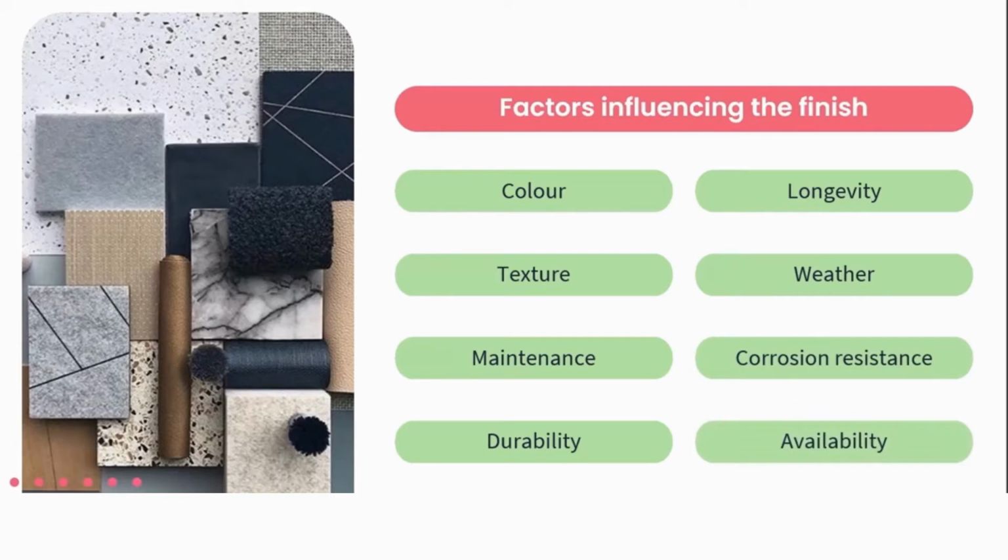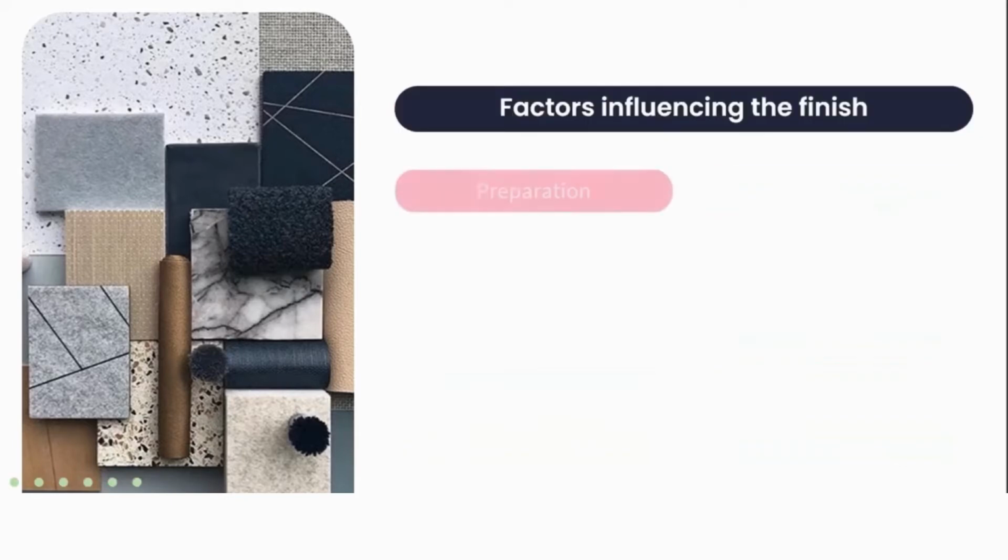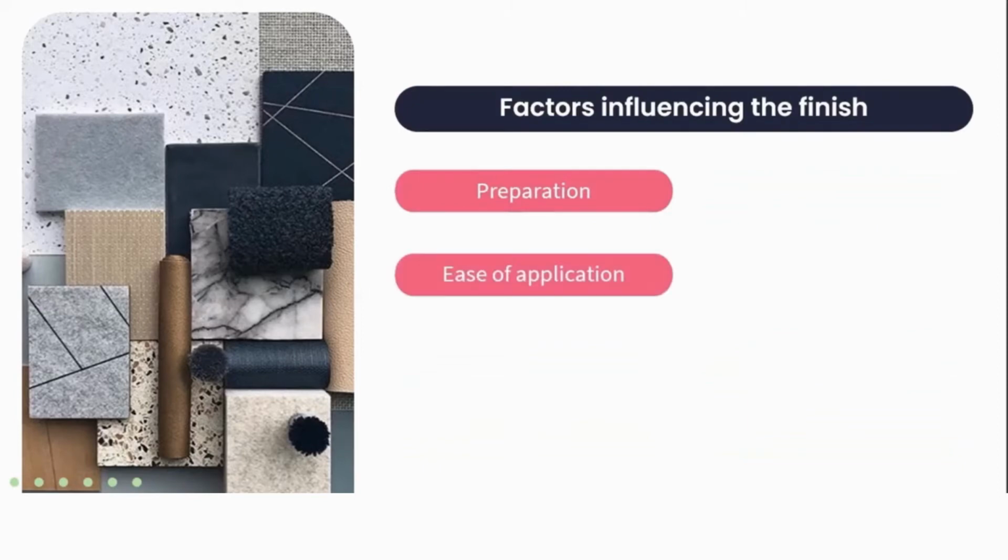And then availability, also incredibly important. This would lend itself to projects that require finishes quite rapidly. So, for example, in a retail environment, if you've got 100 stores that need to be out in 1 year, you've got to make sure that that finish is available within that time frame. If it's a once-off project, for example, a domestic installation, so a house, you might get away with a longer lead time. You also want to look at preparation, the ease of application, how easy is it to apply that finish,